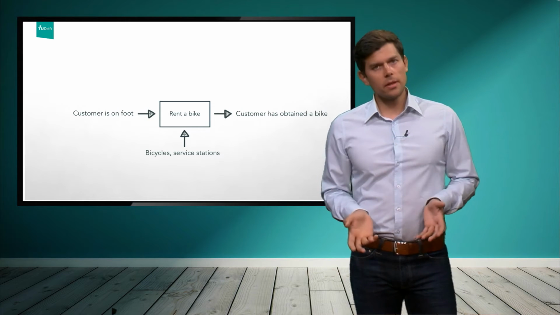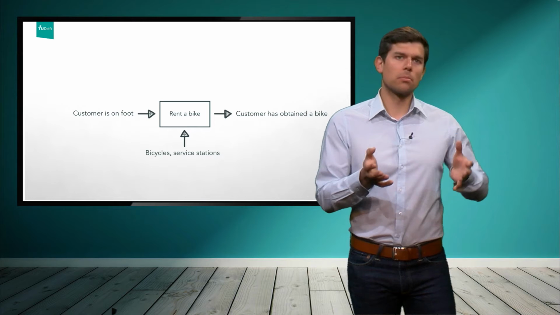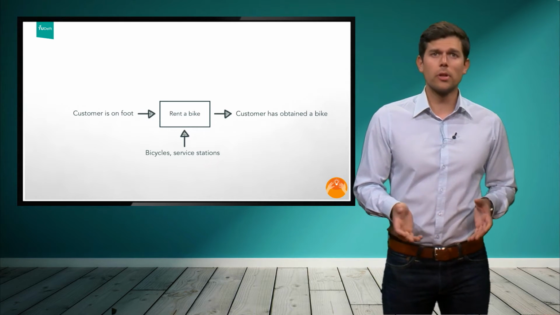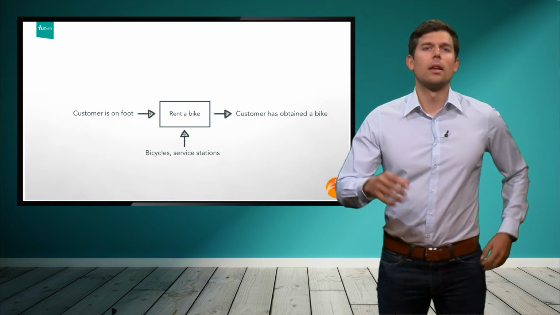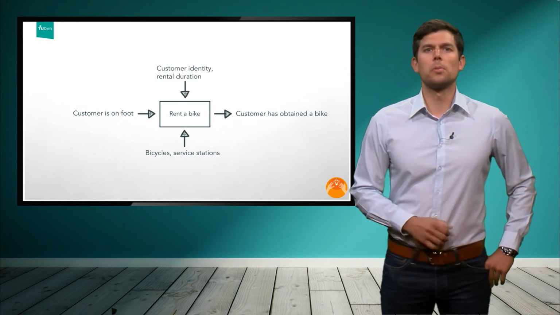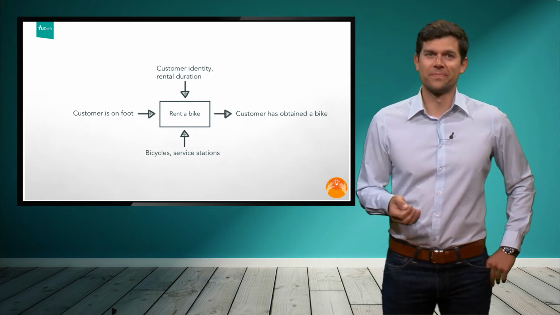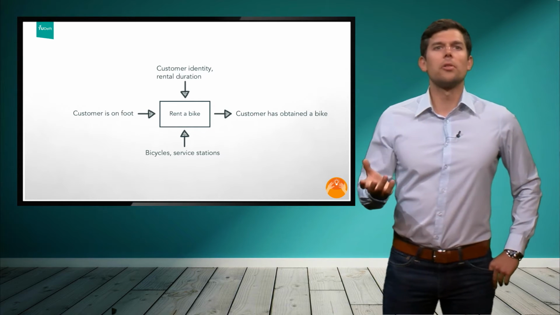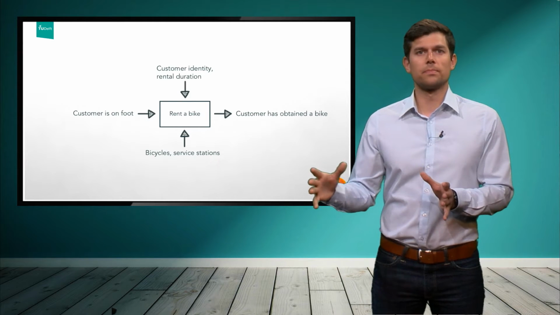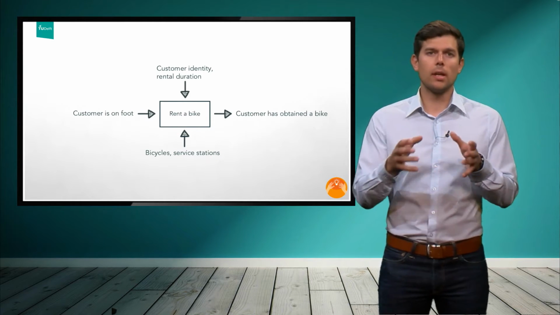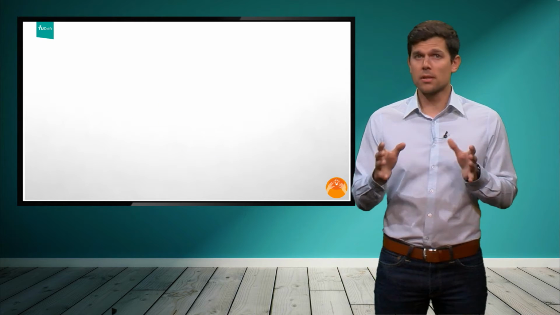Now, to complete this box, we add relevant control variables or information that is critical to the service delivery or function fulfillment, like the maximum duration that the bike will be gone, and naturally you might also want to know who took it away. And this is really how you end up with your first completed box. And the next step we will detail this further. Here it really comes down to you, and that's important.